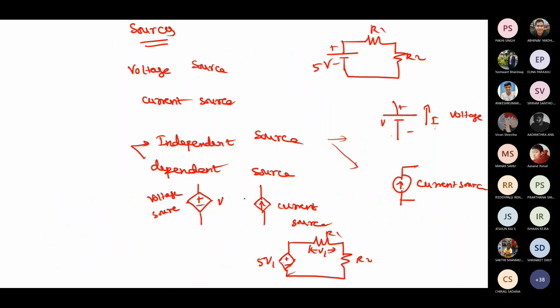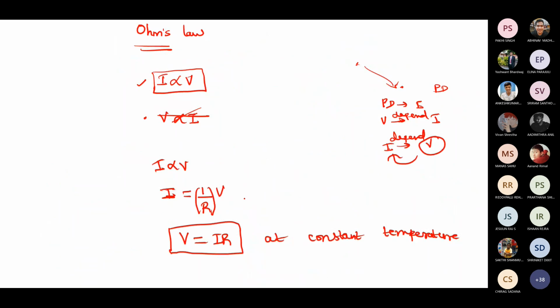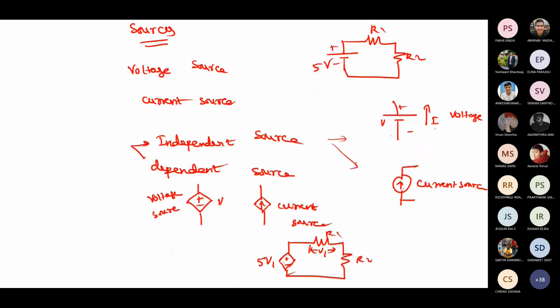We have an idea about Ohm's law. All these things added together, we will see the circuits and how resistors are connected in series and parallel. What is the formula? I think all of you know, if two resistors are connected in series, what will be the summation of this resistance, or the equivalent resistance? How do you write it? Add R1 plus R2. Yeah, R1 plus R2.